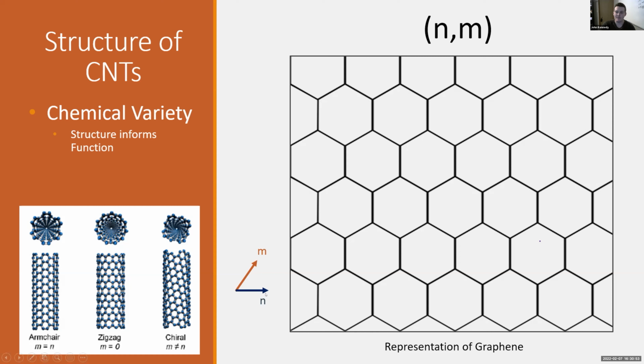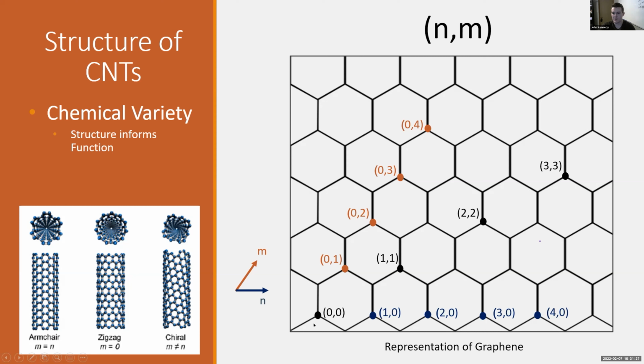So here we're going to define two axes, our N and our M. The first one is going to start at 0, 0, and every time you move across to a carbon 2 over, you're going to define that as the next point on N. And you can do that all the way across for all of your N points, for all of your M equals 0 points, and the same for all of your M points. And then moving across the lattice is fairly easy.